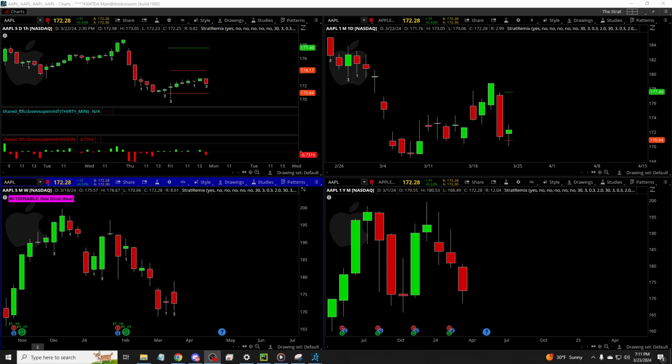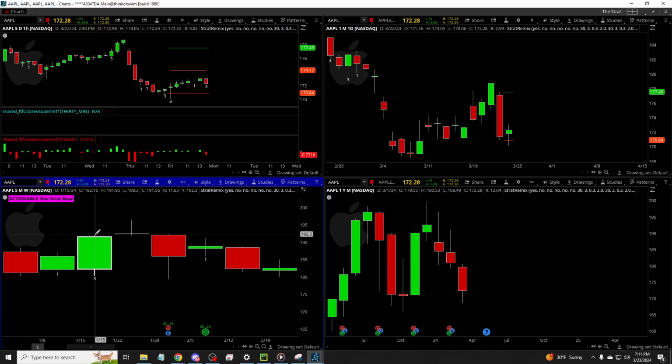Let's talk about the broadening formation phenomenon. If you don't know what a broadening formation is, it can be defined simply as an outside bar, a bar that takes out the previous range low and the previous range high, going outside of the previous range. And what this tells you about price action and how it works is that